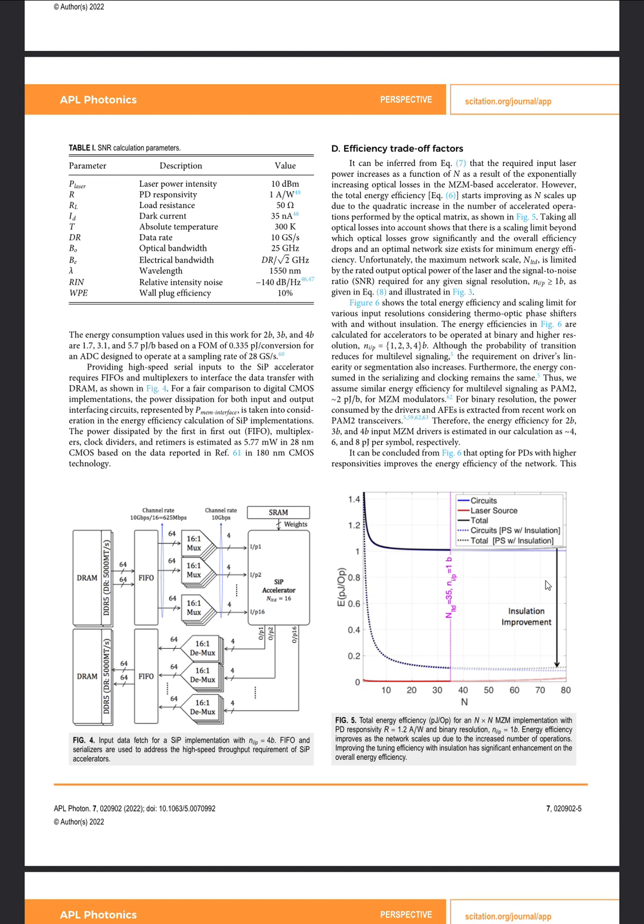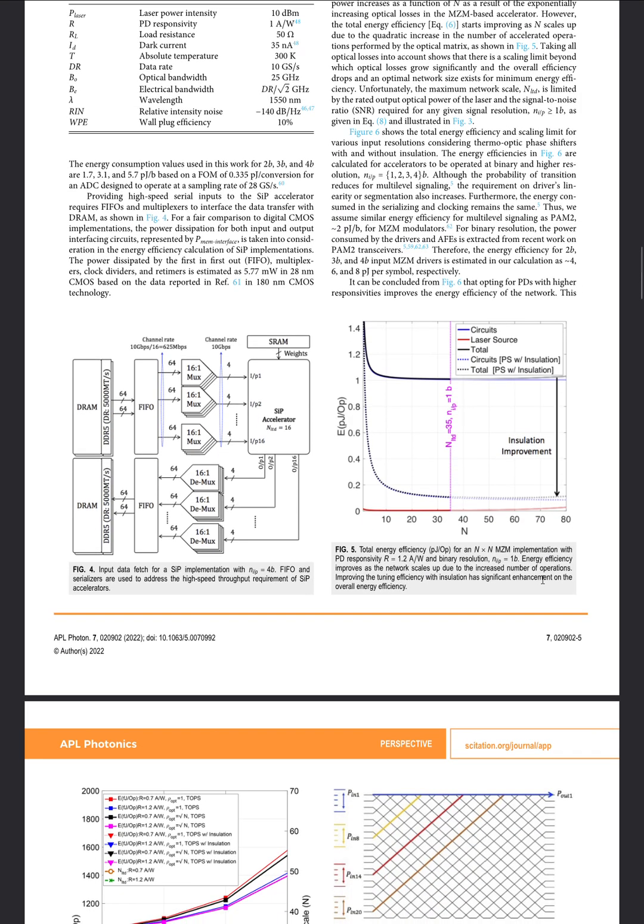Moving on, photodetectors with higher responsivities also compensate for optical system loss. It relaxes the need to inject high optical power at the network input, and it improves overall efficiency. Laser optical intensity should be scaled by a factor of n to account for the splitting loss in a lossless network, and laser intensity can be as low as a single matrix input or the number of inputs times that amount. This is a conservative estimate for scaling the input power by n, and it may not be necessary with adaptable